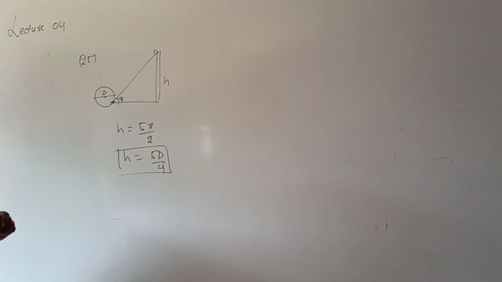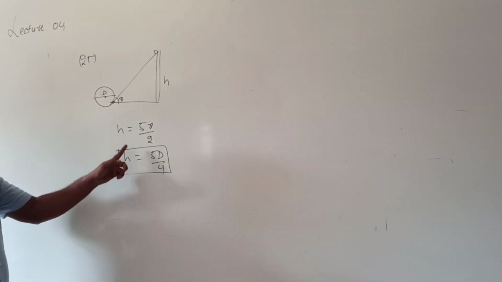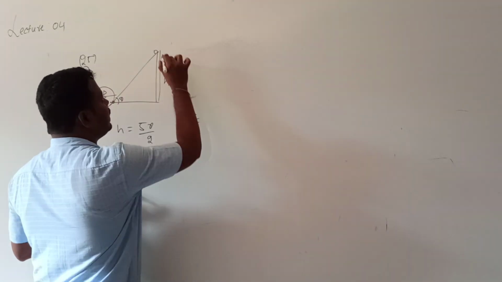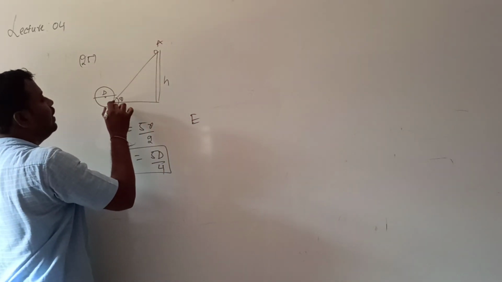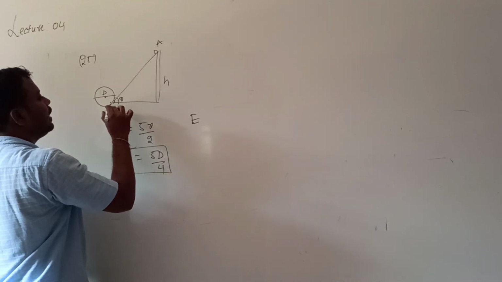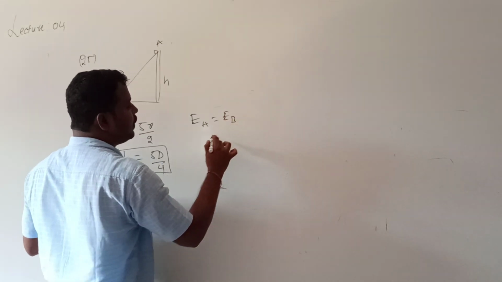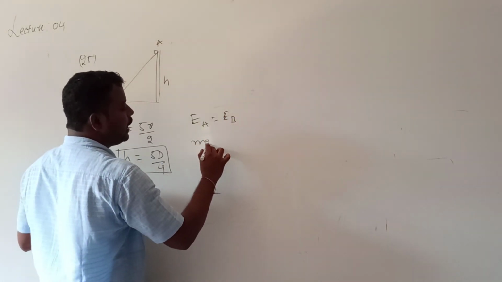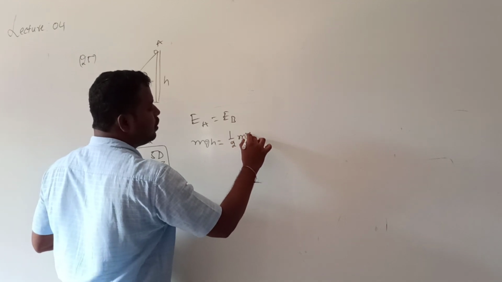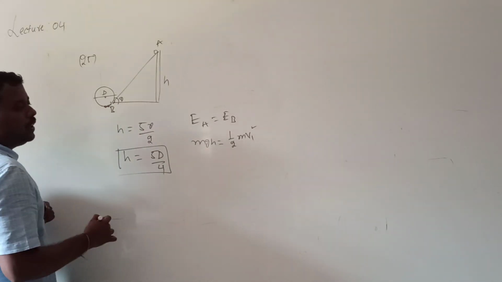Okay, so this one okay? Those who did not get this concept, you can check it. We will apply the law of conservation of energy. Let me call this point A and this point B. Here I need to consider the lower end. So EA is equal to EB. What is the formula for EA? At A it has only potential energy. At B it has only kinetic energy, 1 by 2 into m into u square, where B is the lower end of this vertical circle.